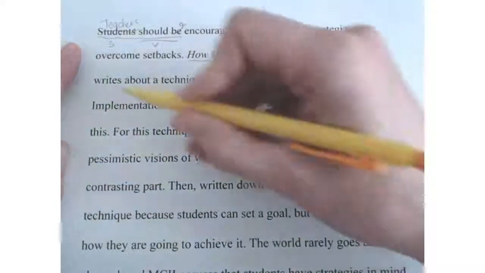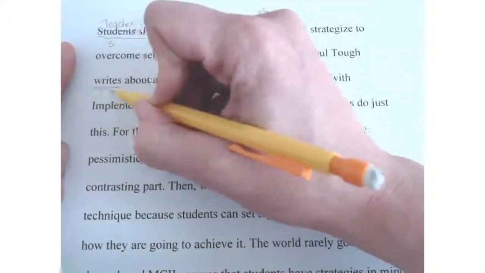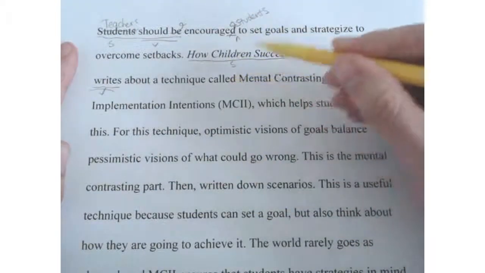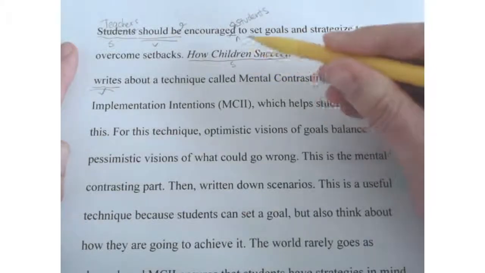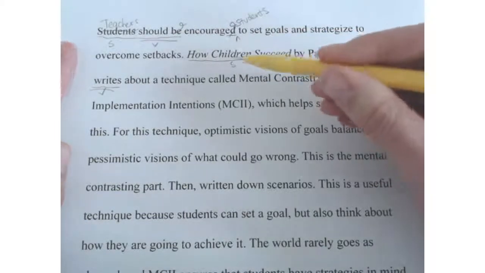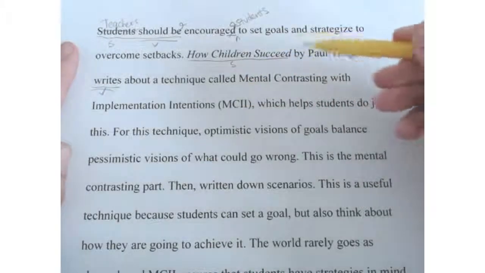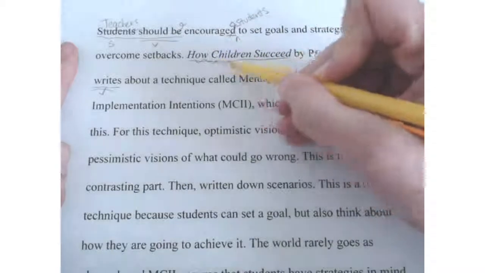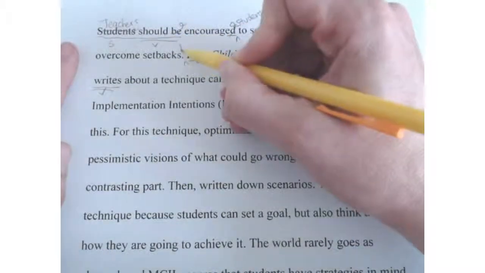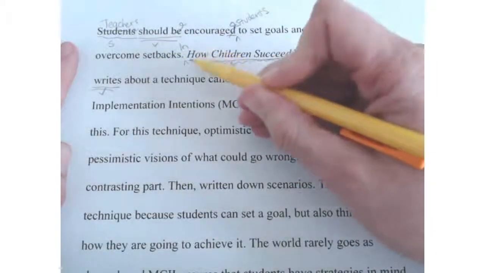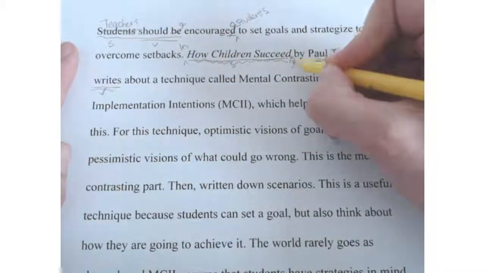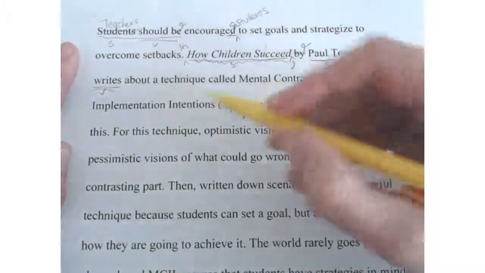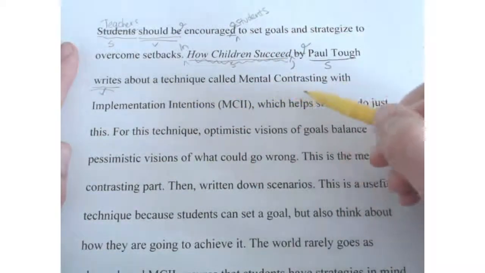By Paul Tough writes. Now writes is a verb, but now when I analyze this, how children succeed writes, I see that it doesn't make sense. The book can't be doing the writing because it was the thing that was written by the author. So let's make Paul Tough the subject. And then what I can do is set off this title in a prepositional phrase. In How Children Succeed, get rid of that by, Paul Tough writes, nice,